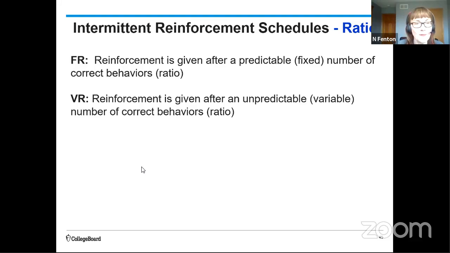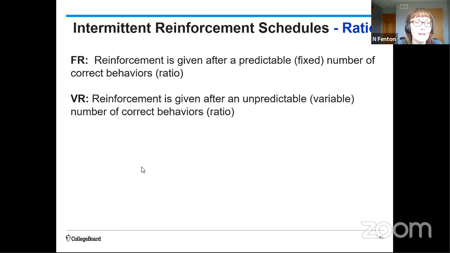With variable ratio, again, you still have to do the behavior in order to get the reinforcement, but it's unpredictable. It's variable how many before you receive the reinforcement. So the mouse might press the lever 5 times and get a treat. Then the next time, maybe it takes 3 times, then maybe 12 times, then 7. So what happens is the mouse has no idea when it's going to work. So you have this consistent, steady response. And variable ratio is often called the gambler's schedule because any type of gambling and any type of sales is going to be an example of a variable ratio schedule.